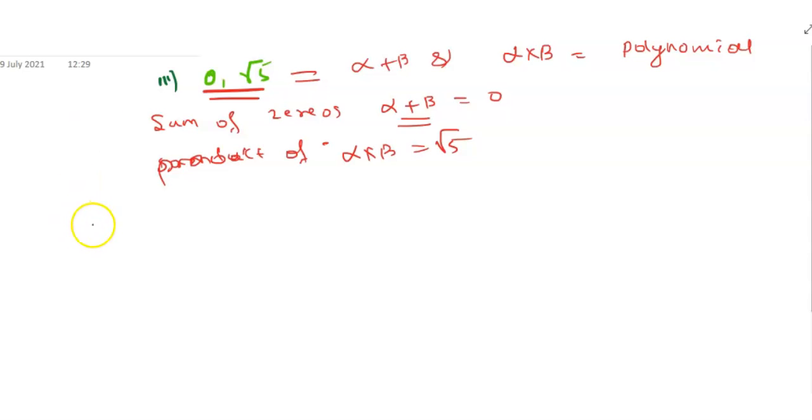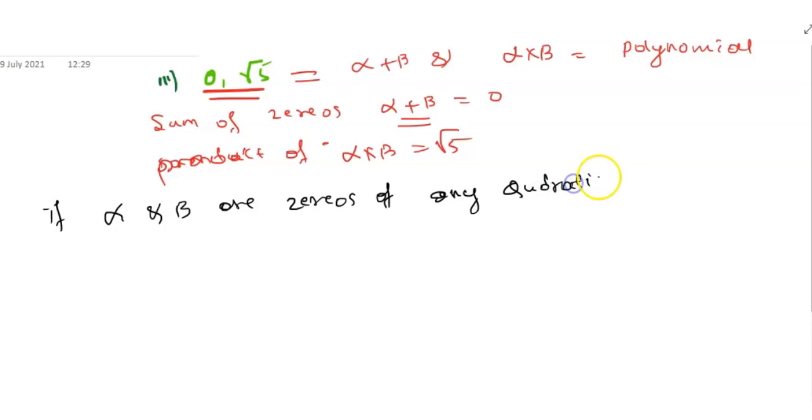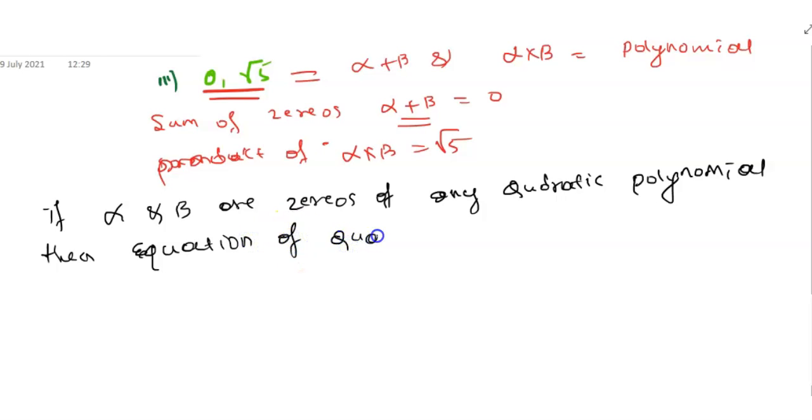If alpha and beta are the zeros of any quadratic polynomial, then the equation of a quadratic polynomial can be written as